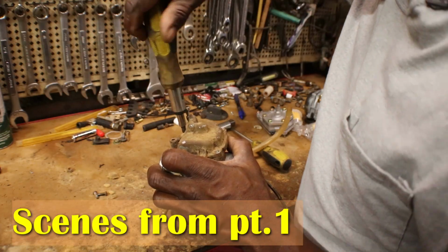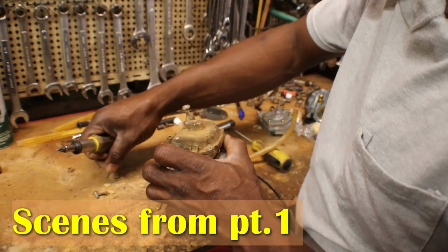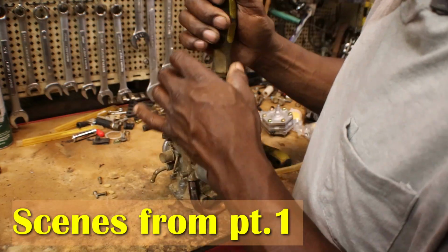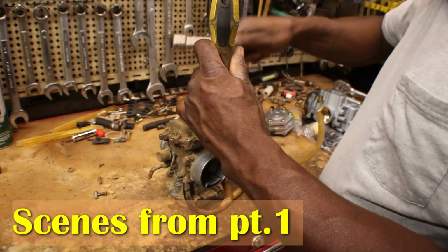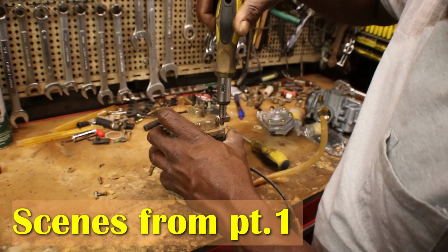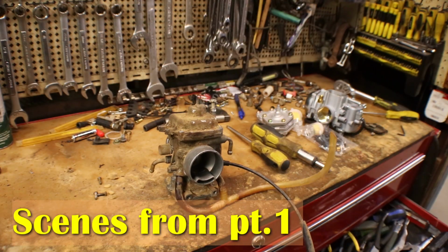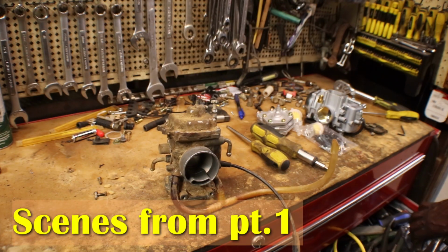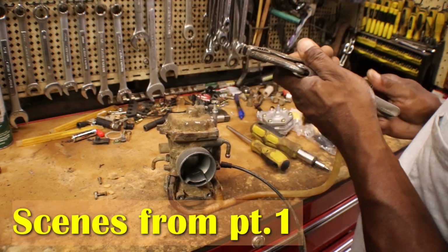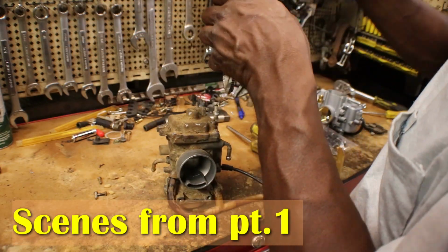Once you hear that little crackle, it's coming. Usually they're stripped and they're not that tight. This last one's gonna be the one. It's always the last one. I don't know what they make those screws out of. Pot metal. But they never stay together if you don't use the right screwdriver. Even if you do use the right screwdriver,